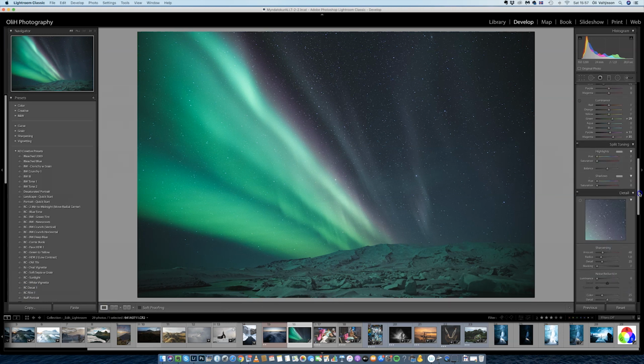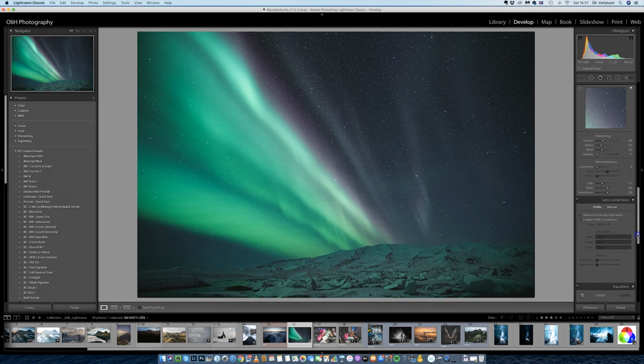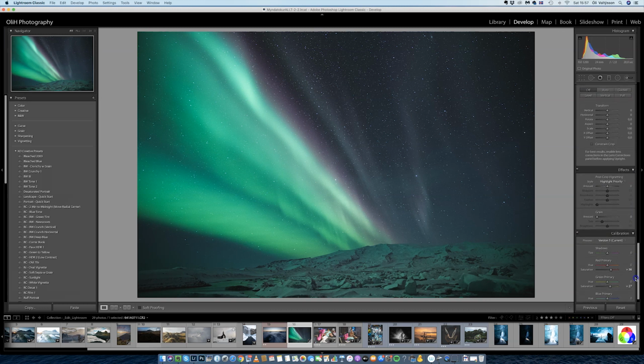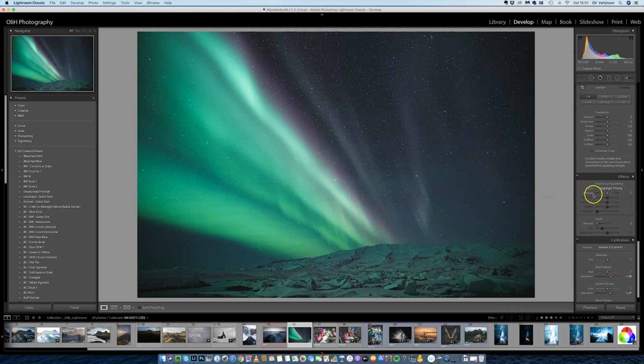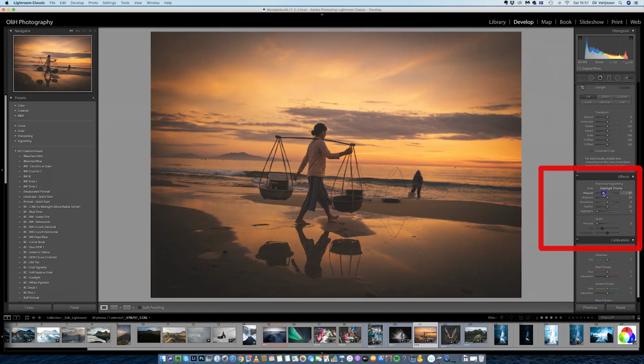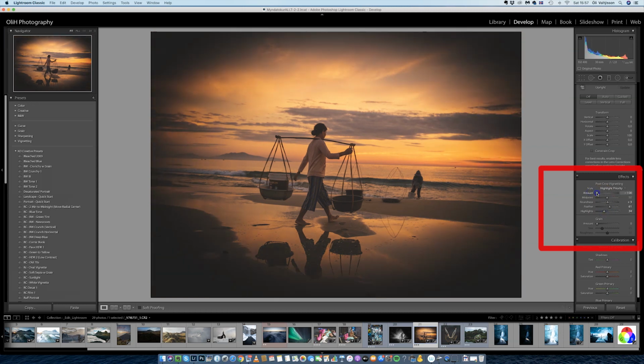There is one more, I think it's only one more window here I need to talk to you about. We have vignetting. You can do vignetting here. Just adding, and where the midpoint is, the roundness and the feather and the highlights. It's just a vignette. So yeah,